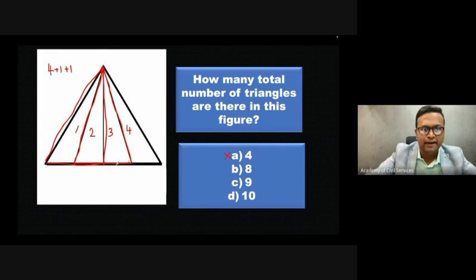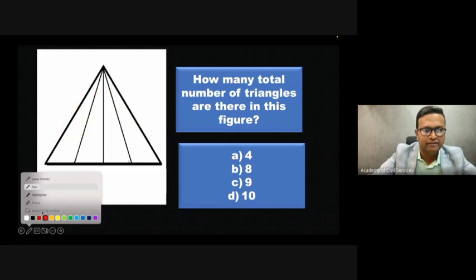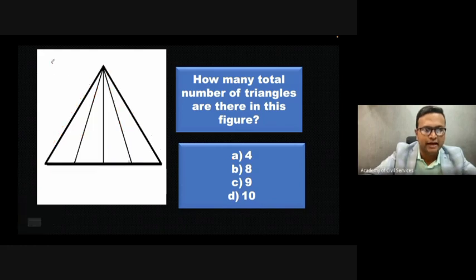6 came. Merging together 3 and 4. And this is another triangle. Again, merging together 3 and 4, one more came. 7 triangles came now. Now total is 7. But 7 is not in the option. 8 is there in the option. We can verify once again whether 8. Then 7 we have seen at present.